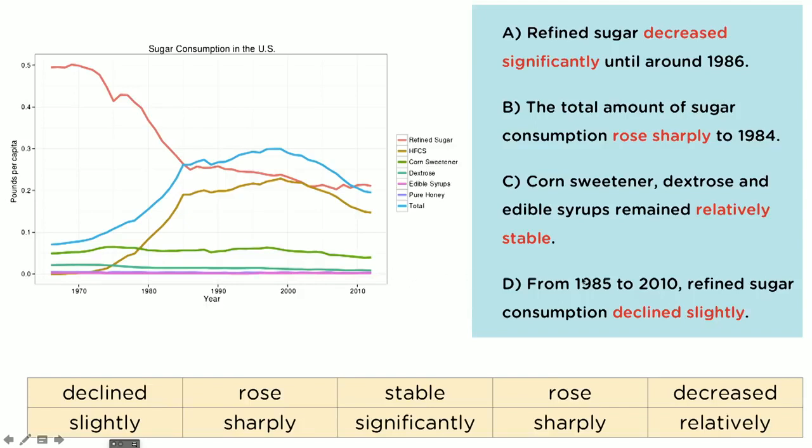And D, from 1985 to 2010, so we're talking about this line here, refined sugar from here to here, what happened to it? Well, it declined slightly, didn't it? It declined slightly or decreased slightly, or perhaps you could even say something like decreased marginally is also a nice adverb to use. Anyway, what I wanted to show you here, I'm sorry about my little mistake there, was that